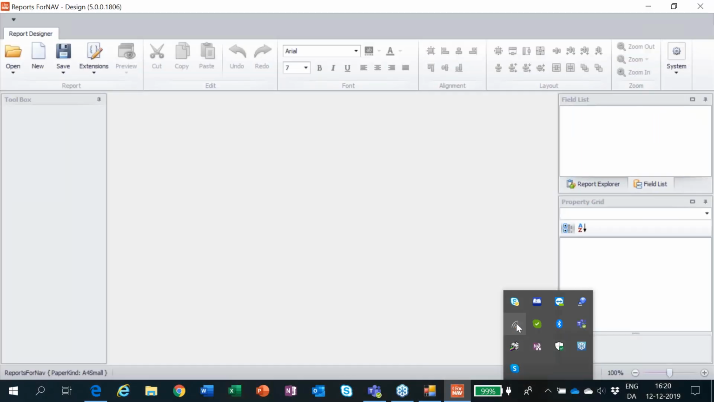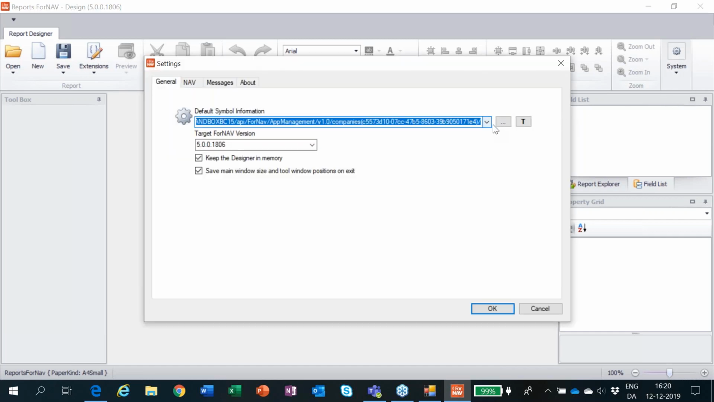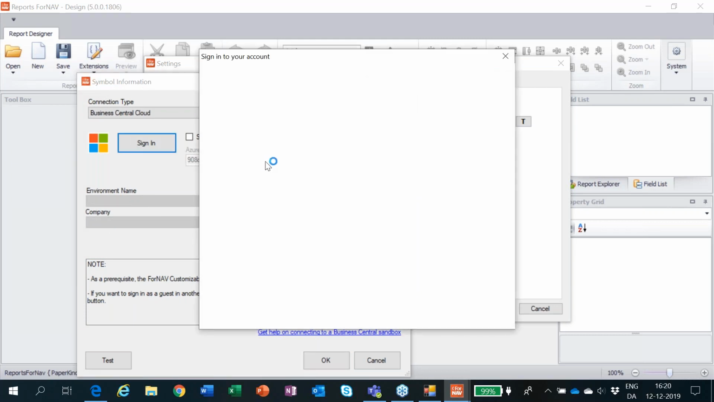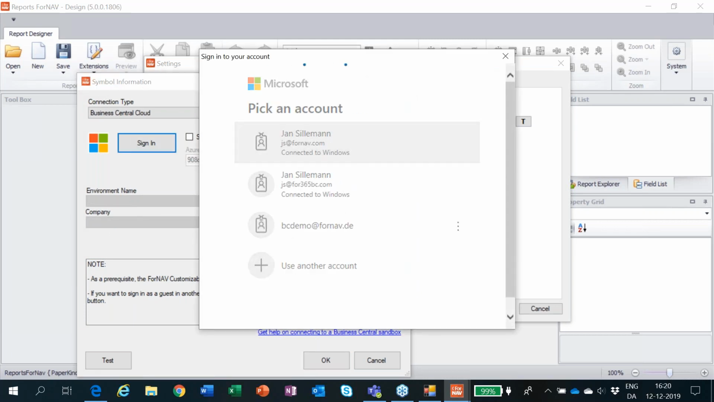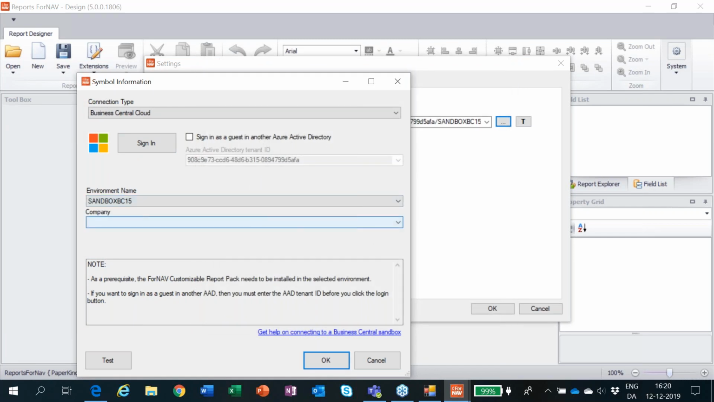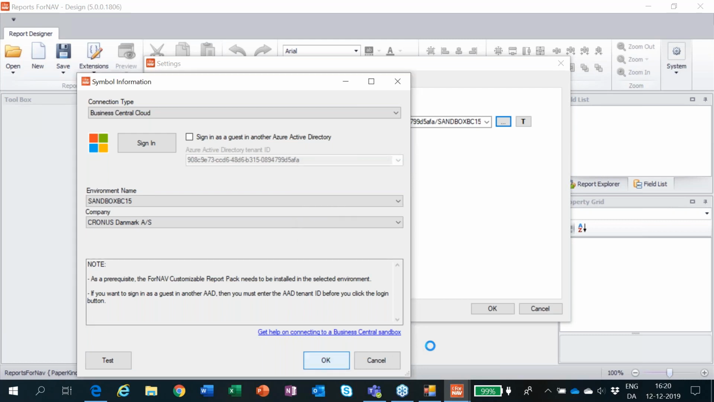What I'll do is open the ForNAV Designer, and as Mark said, I will basically take over where he left off with connecting to my cloud instance. So I have to sign in like this, and then I have to select which sandbox and which company I want to work on, and then I can do a test, and hopefully that's fine. Everything seems valid. That's good. So let's just OK this